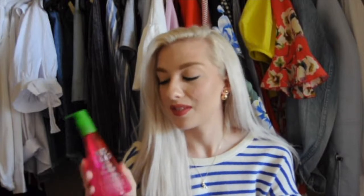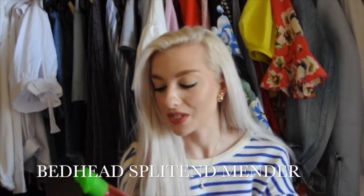Once I get out of the shower with my wet hair, I will brush it through with this. I put this all over my hair to help me get the tangles out. Usually when you go blonde, your hair will expand and get very tangly, and that has definitely happened to me, although I've always had very tangly hair anyway, but it's even more tangly now. So I use the Bedhead Ego Boost, a split end mender leave-in conditioner. Obviously it doesn't mend split ends,